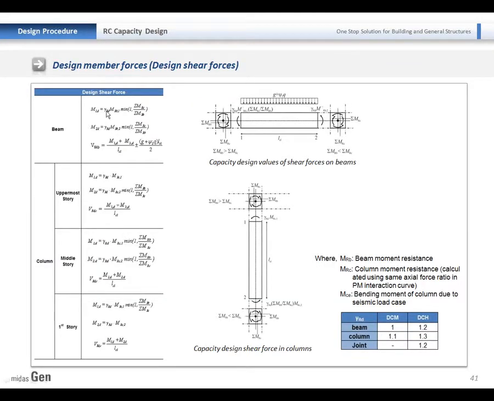For the shear force, first of all, the beam's shear force will be determined based on the moment resistance of the beam. So it means moment failure will always occur first, then shear failure. Also for the column, it will use the moment resistance to calculate the design shear force.